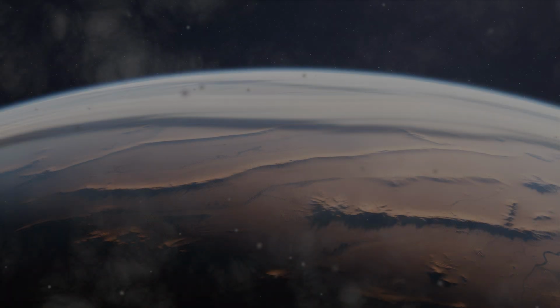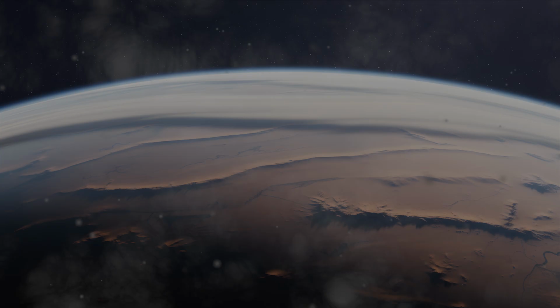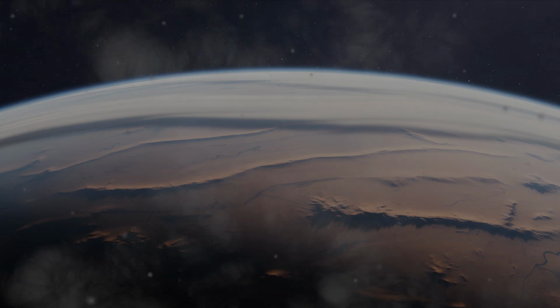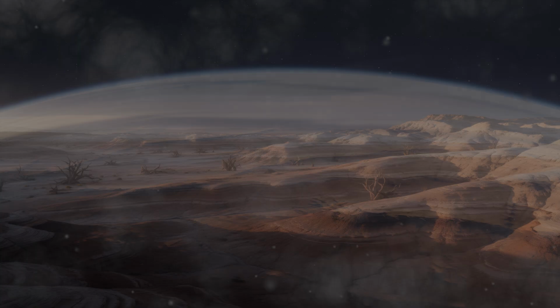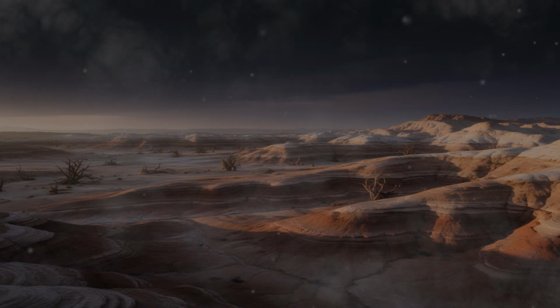Even the faint traces of ancient rainfall can leave lasting marks on desert surfaces, etched into rock as channels or grooves that persist for thousands of years. These features serve as reminders that even rare events can shape the landscape in enduring ways, leaving behind evidence of water's influence in places now defined by its absence.